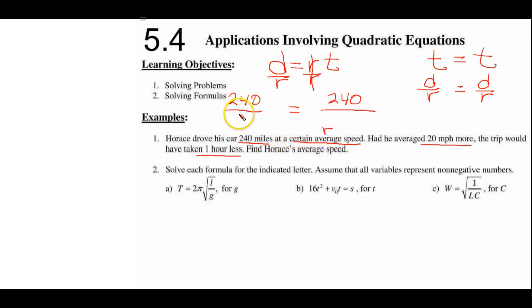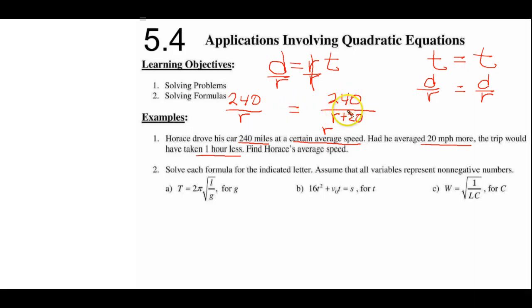So distance divided by rate, this is some sort of time. Now we know on this side it's going to be this rate plus 20. So this is time and this is time, but they don't equal each other yet,